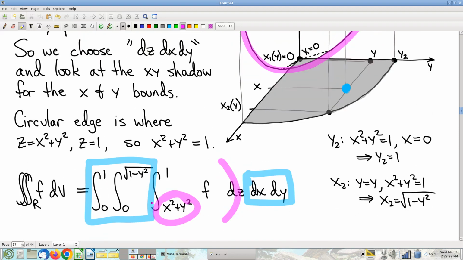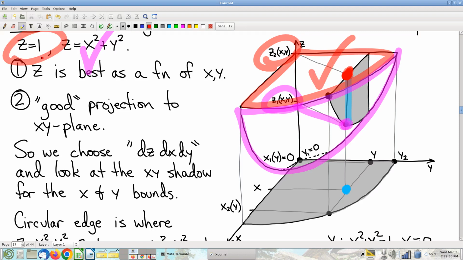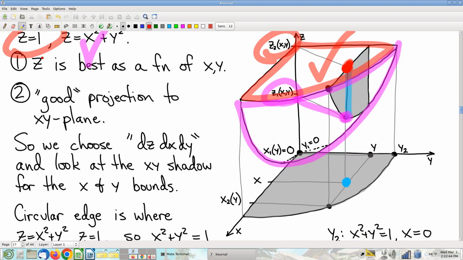And then analogously, finding the upper bound up here. The upper bound comes from this point. That point is on this surface, which again has an easy, consistent equation. It's always the same surface for all values of x and y, and z equals 1,